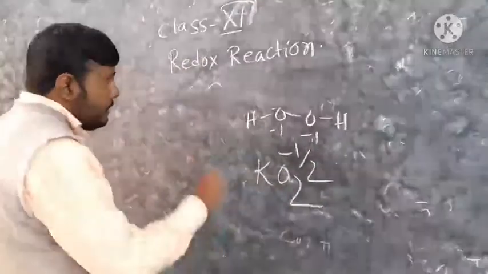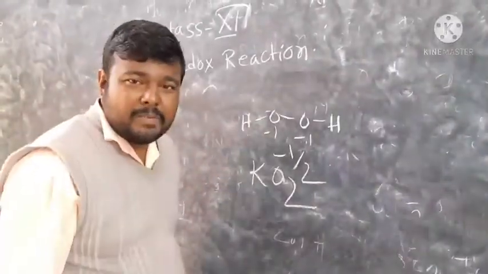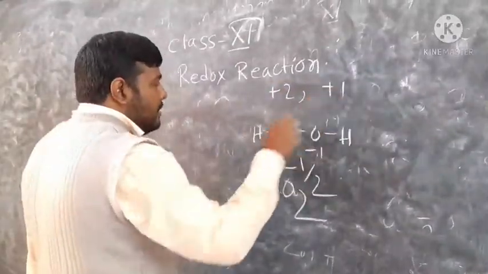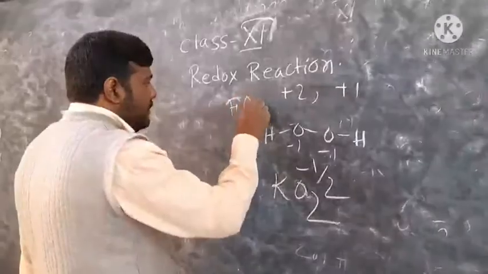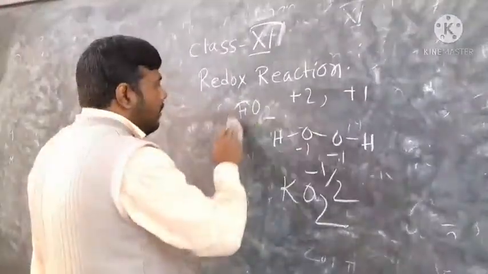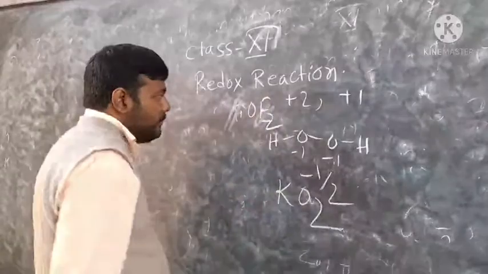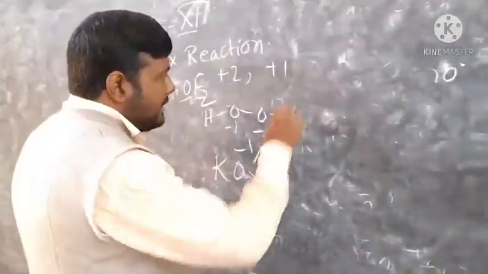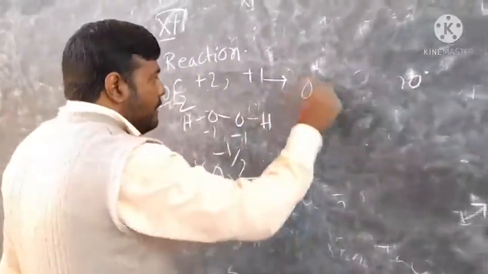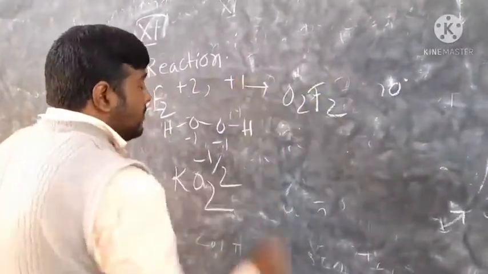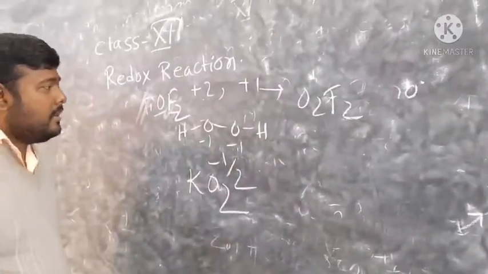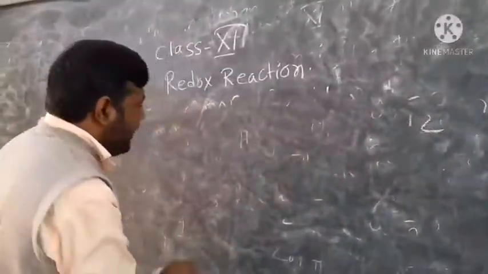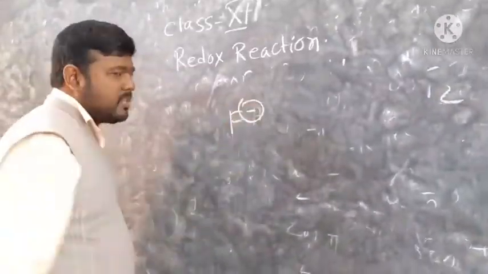And also see, when it is connected with a more electronegative element like fluorine, then it may have the oxidation number +2, +1 also. Just like if we consider OF2, here the +2 oxidation number is on the oxygen, and for +1, see O2F2, in this compound the oxidation number of oxygen is +1. And the next rule said that the oxidation number of fluorine is always -1.